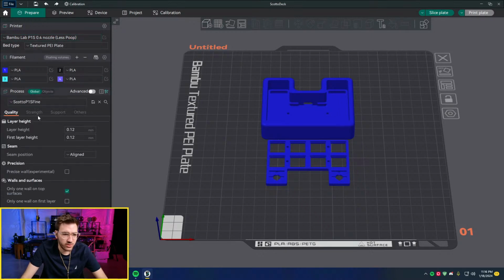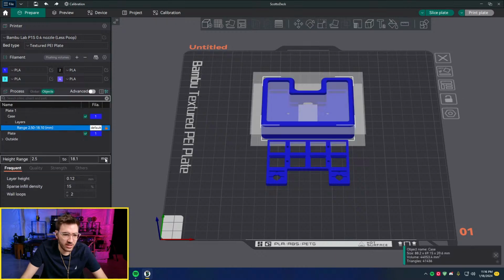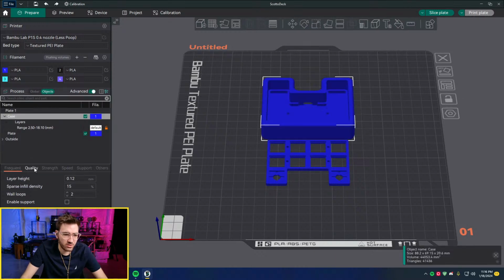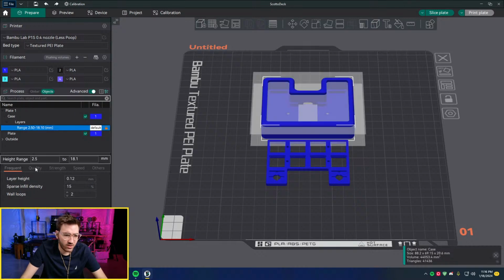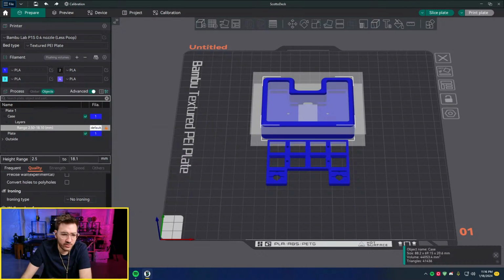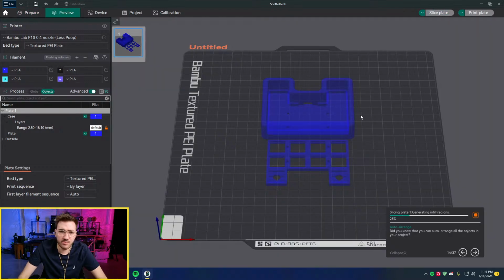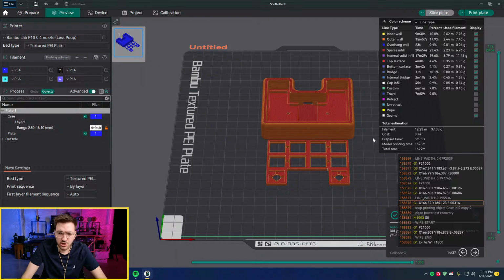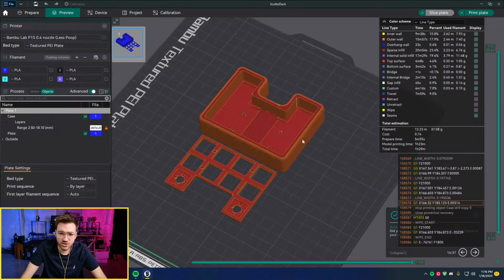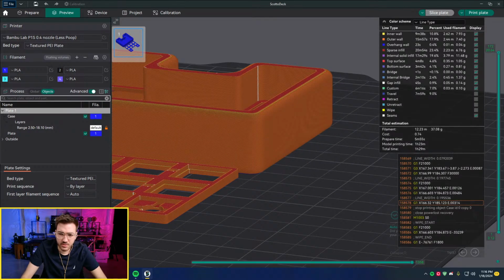What we can do is go to our height range modifier now. We should have, turn on advanced, quality. Yes, there it is. Okay, so now we have the setting that I want. So I can go to quality, and I want to change the wall order to outer to inner on the outer walls after it reaches over the little edge on the bottom. So if I slice this, I can actually show you what I mean here. So if we go down to the bottom layer, and we're looking at a 1 hour and 23 minute print,